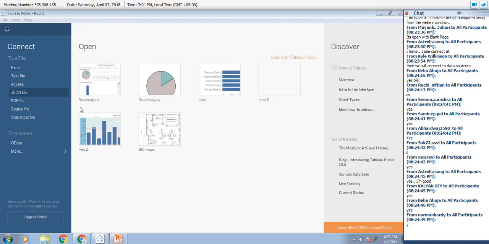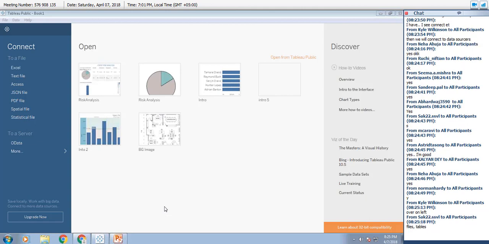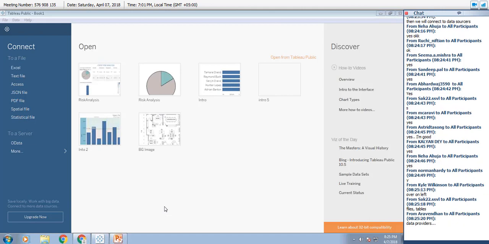Okay. Now, what are the different places you get data from? No, no, no. That's about the connecting part. I'm just asking the names. Different file formats in which you get your data from.